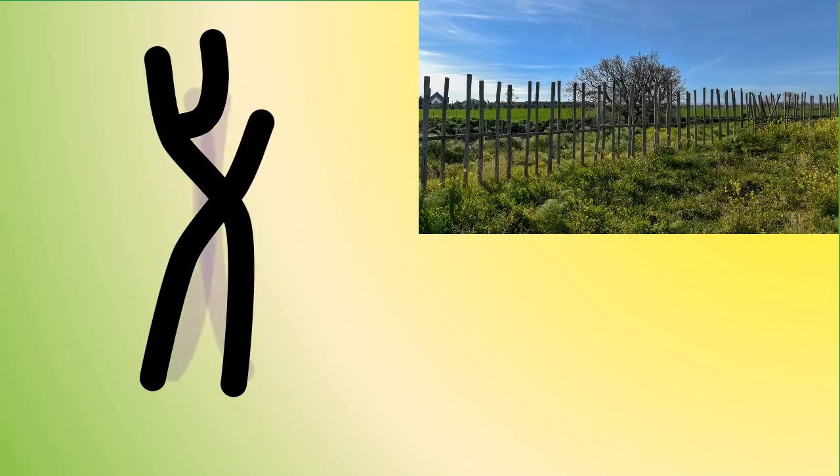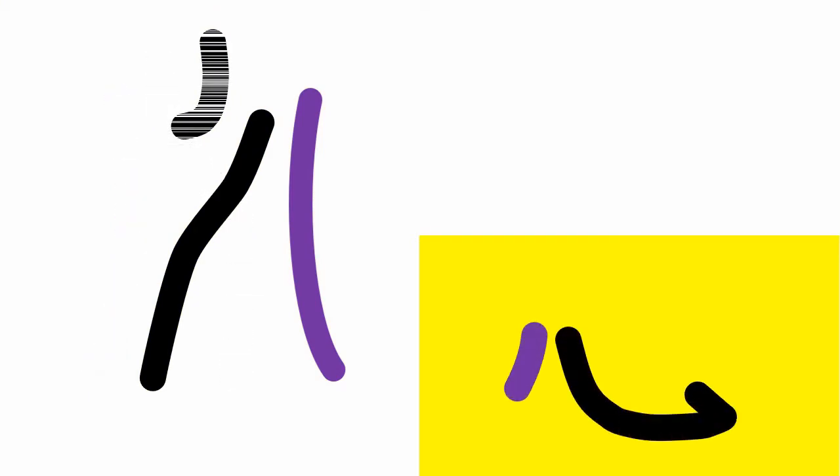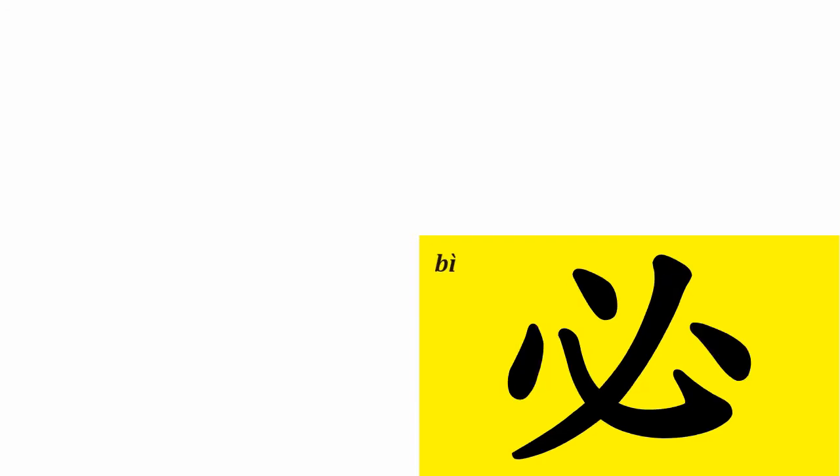The fifth character in today's lesson is an essential one, a forked stick fixed in the ground to mark the boundary between two plots of land. The separation radical also serves as the phonetic. It's pronounced fourth tone, bi, bi, and means necessarily or must, from the idea that a boundary marker must be respected, must not be exceeded. Particularly useful expressions are 有必要, 没必要, and 不必要 in these next sentences.